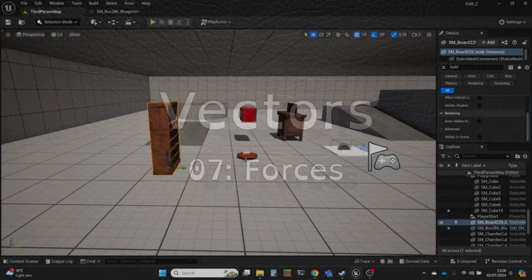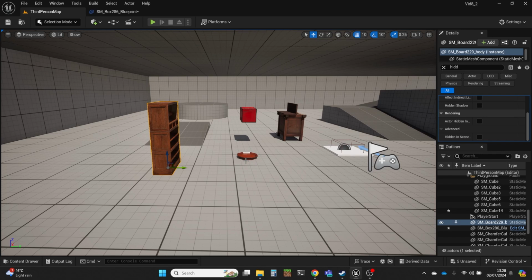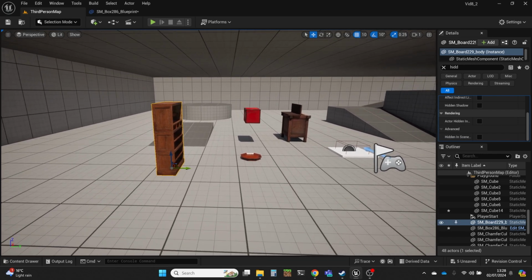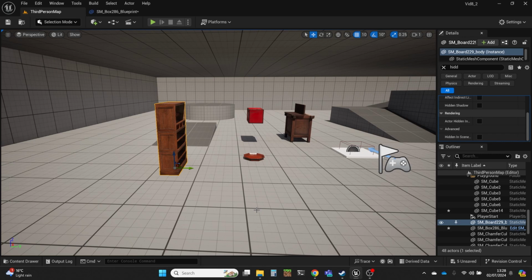Hi, my name's Dan, and this video is one in a series of videos that I'm doing about vectors, particularly exploring the use of vectors in Unreal, but also attempting to give a grounding in the concept of vectors and how they're used. It's impossible in a short series like this to cover everything that could be covered to do with vectors, but hopefully the aim is to give straightforward, clear explanations of what vectors are because they're really useful and because Unreal uses them. And so an understanding of vectors in Unreal is quite helpful.